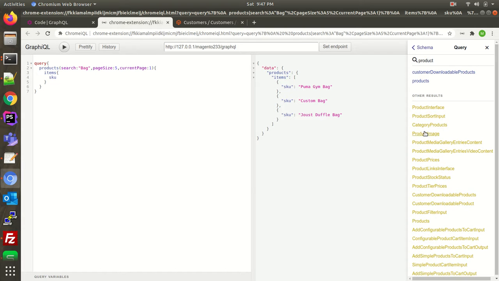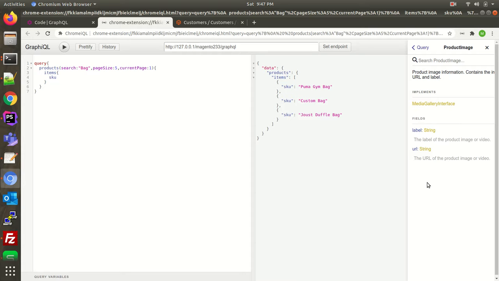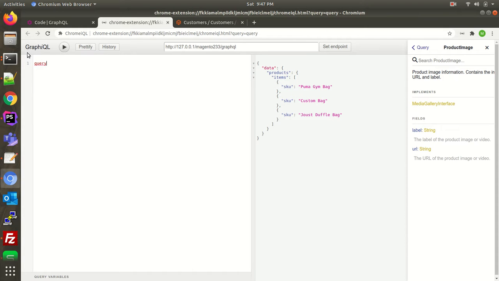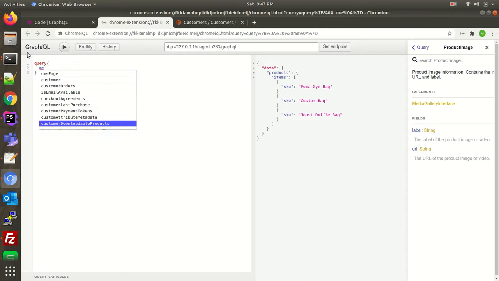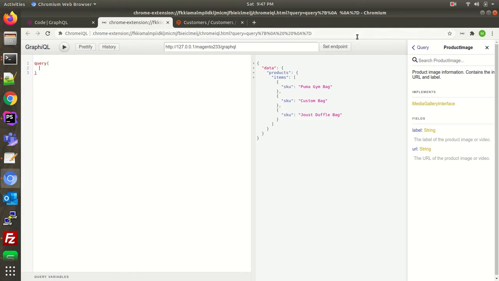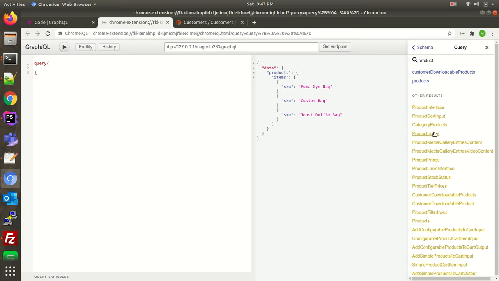Product image, what is there? The level of product image. See, it is asking me, let's see if I delete this query, what it is saying. Product. What is this product image, right?